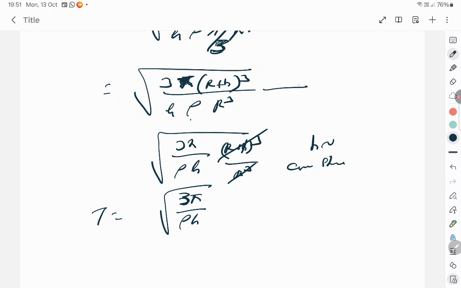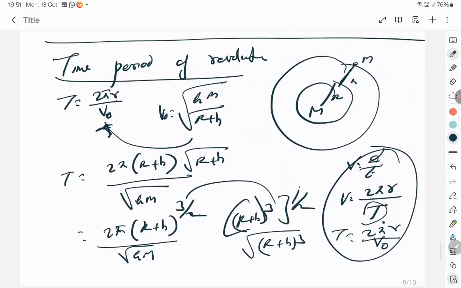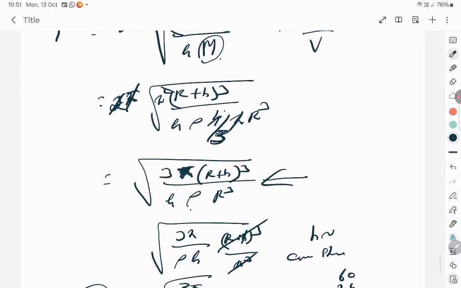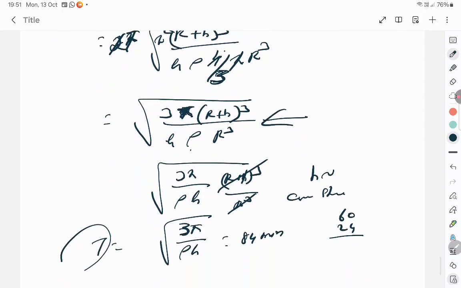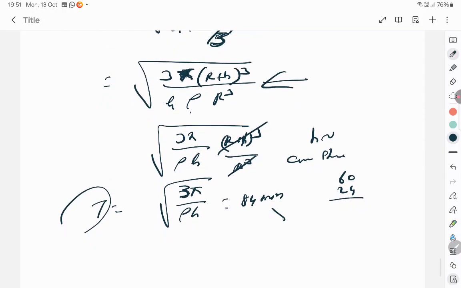Last class, this is the formula. And in this, the time period will be, I'll tell you a hint to remember this: 1 hour and 24 minutes, which means 60 minutes plus 24 minutes is 84 minutes, the total time taken for the planet to revolve around the sun, approximately only, because we are considering h to be negligible. So that's the approximate time period calculated based on 3 pi and the density of the earth is given. Gravity is 6.6 into the power minus 11 and 3 pi is a constant, so 84.